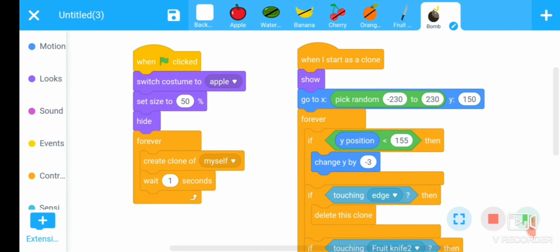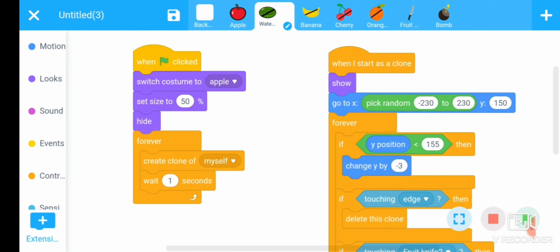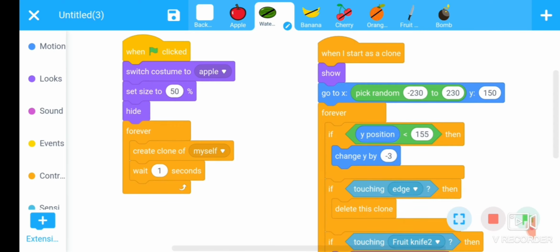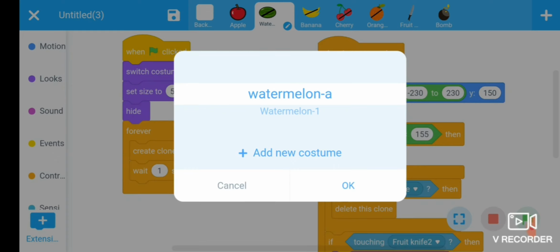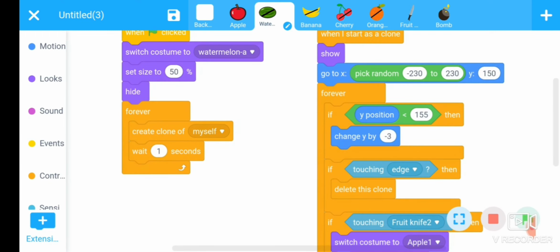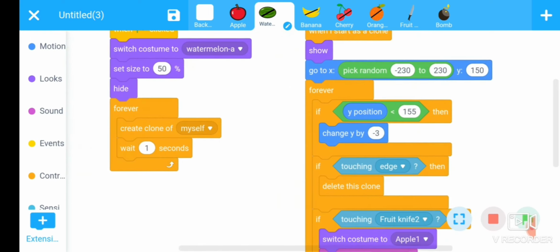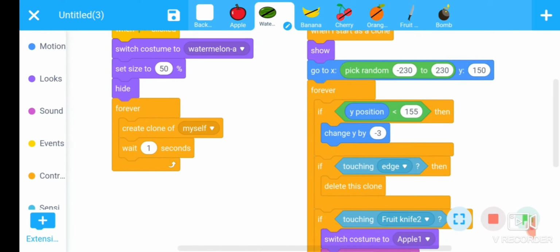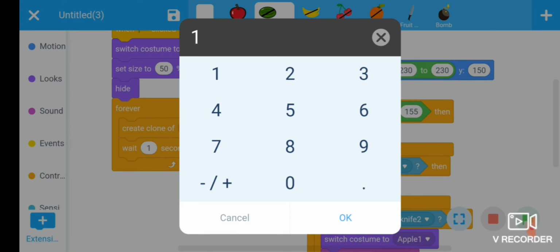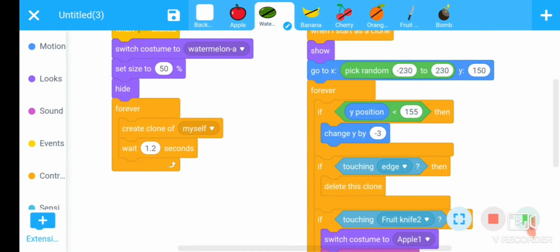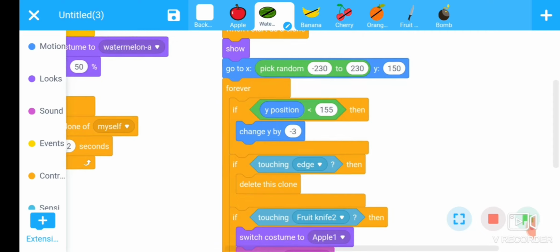Fine. Now start modification. First we will go to watermelon sprite and replace here the switch costume to one apple, replace apple with watermelon. Fine. Size 50 is fine, and then height all are same, but wait we will increase the wait here to 1.2 second.